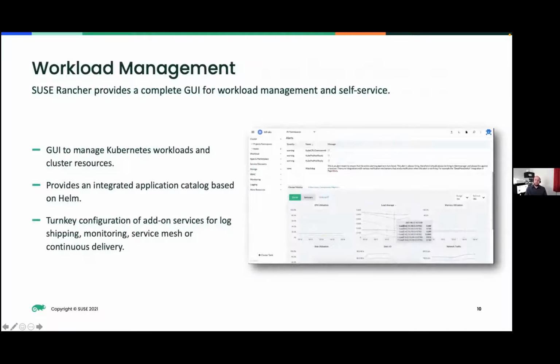It's also key to provide value to your DevOps teams as well, and this is why we provide the Cluster Explorer. When first getting started with Kubernetes, there is an initial uphill learning curve. So having a nice UI that's user and developer friendly can help reduce that initial burden. So it's a GUI to manage the workloads that your teams are deploying on top of clusters. There's an application catalog, making it easy for you to deploy apps provided either by SUSE ourselves or by a number of our trusted third parties, or via apps that you have developed yourselves and published in the catalog.